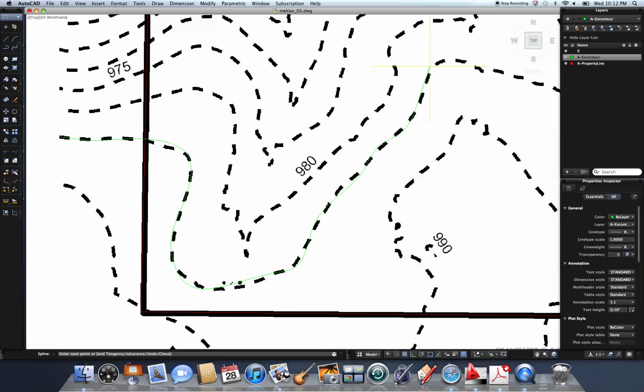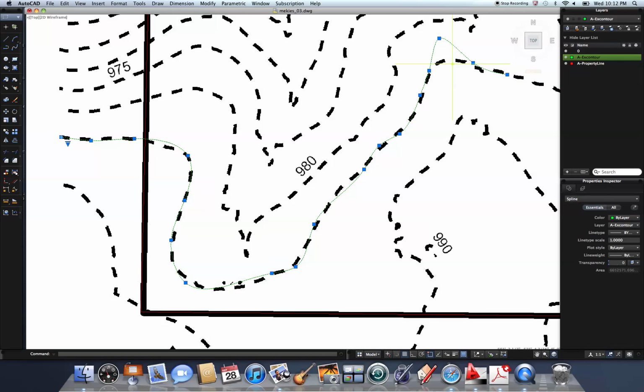So as I'm going here, we can say, for an example, I misclick a point, and I'm going to pretend like the contour ends here and hit enter to end that contour. Now if I didn't like that point, I can select the line and there are these control vertices, which I can grab and drag in order to adjust my spline. If I wanted to be slightly more accurate on some of these,